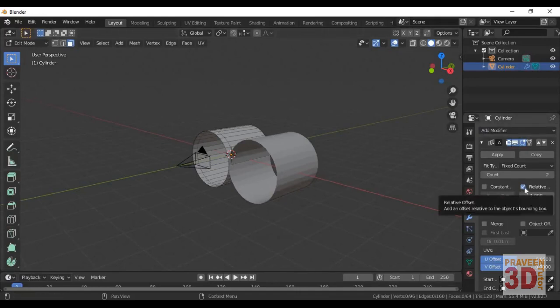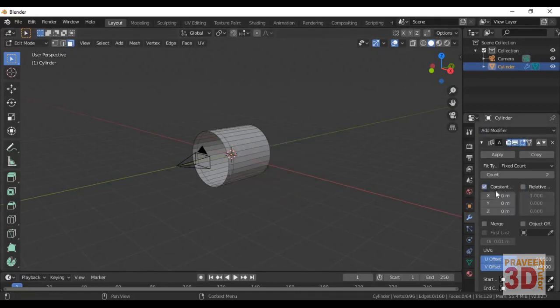So I'll untick it and select constant offset so that we can assign the array in the x-axis, y-axis or z-axis. Here we rotated our cylinder with R X 90, so it will automatically be Z minus. So I'll go for Z minus here. As you can see, it applied.